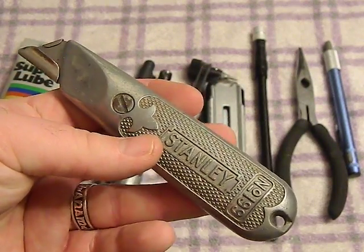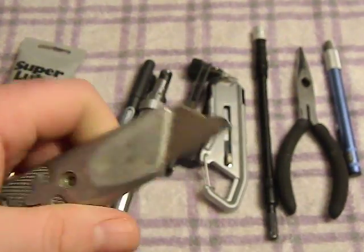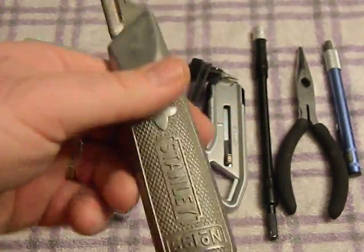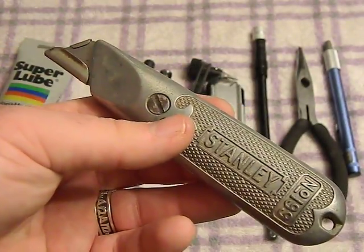These you can buy old at like yard sales, or you can get them new. They still make this model actually. They come with that neat little blade guard, which is pretty awesome. And inside you can store extra blades. These are pretty cool if you're looking for a little more robust